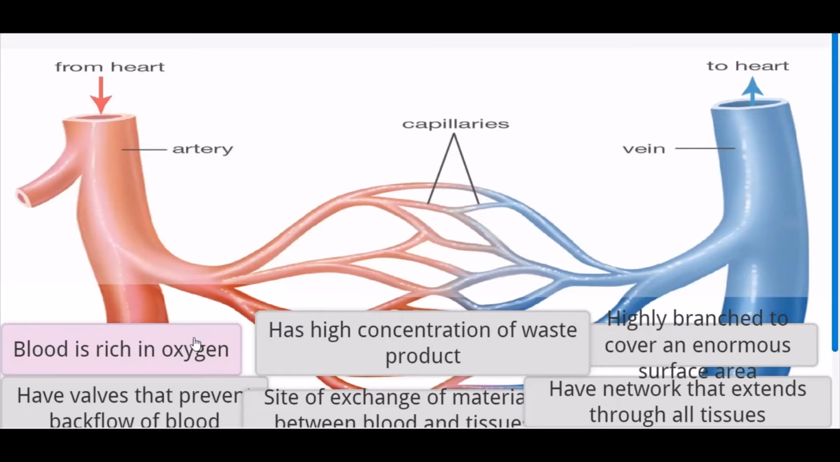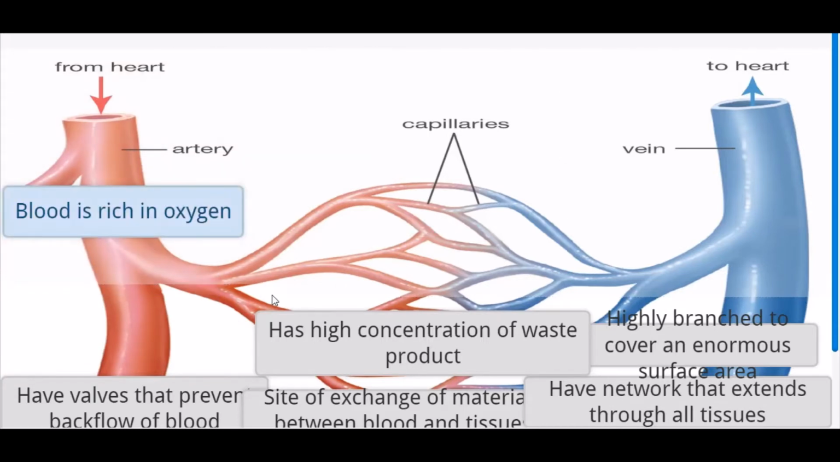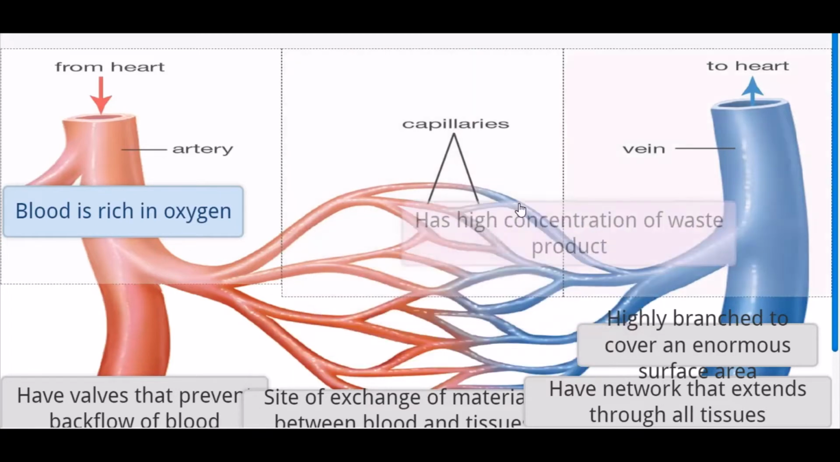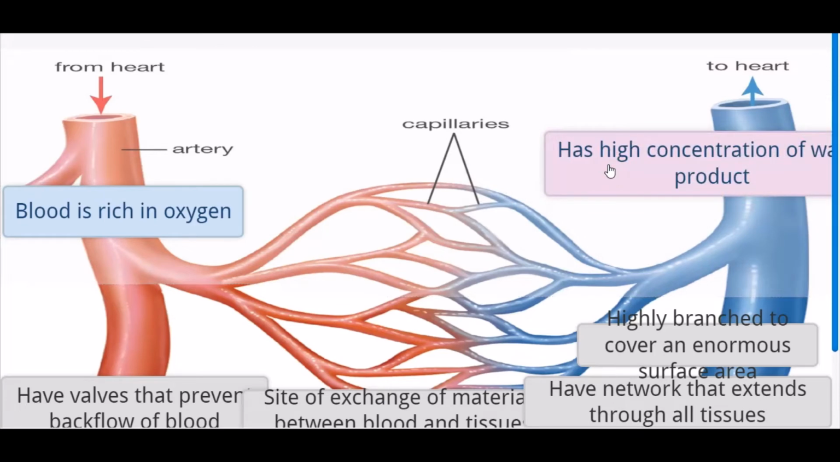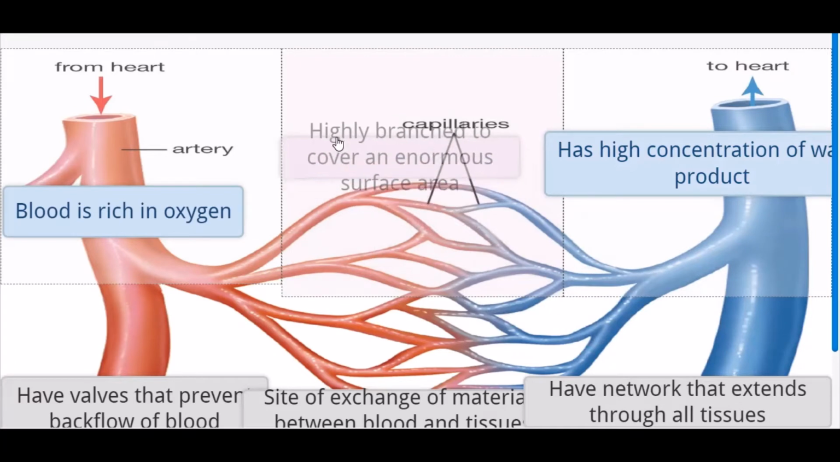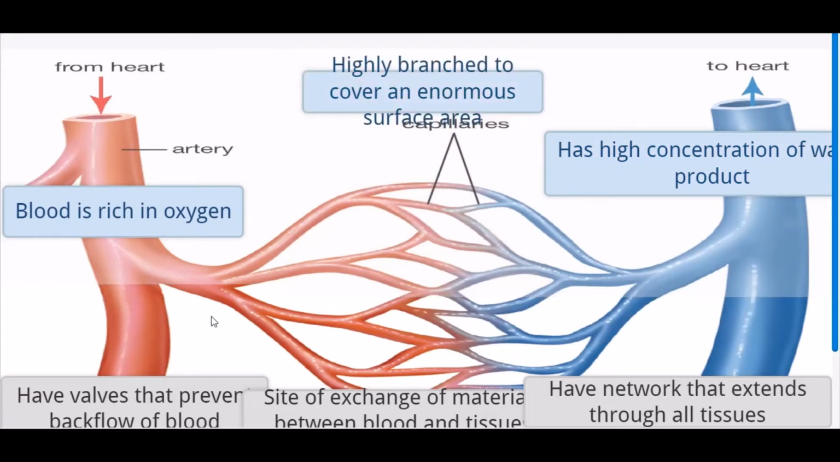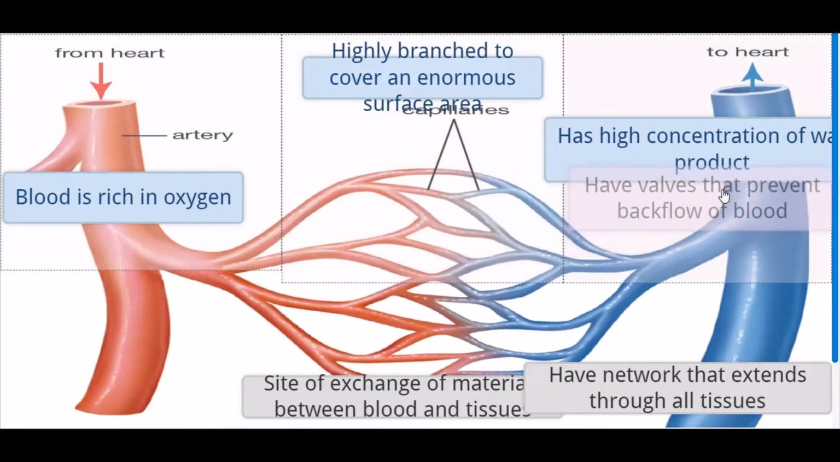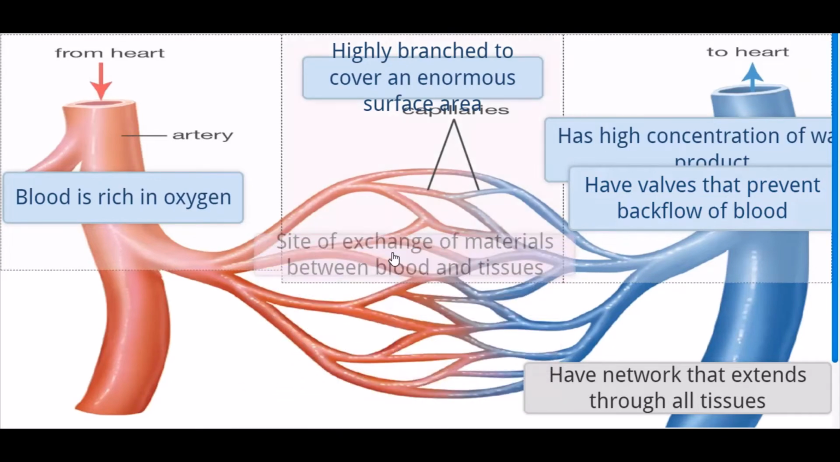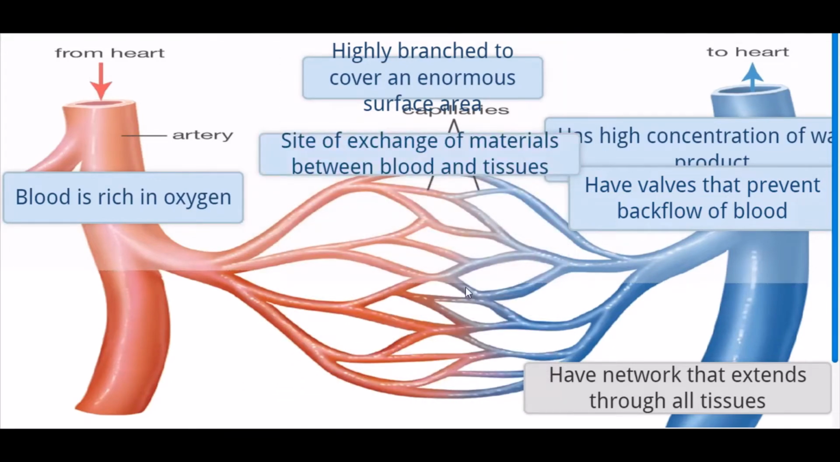Blood is rich in oxygen. We only find blood rich in oxygen in the arteries. The vein has a high concentration of waste products because it carries deoxygenated blood. The capillaries are highly branched and cover an enormous surface area. The veins also have valves that prevent the backflow of blood. The site of exchange of materials between the blood and tissue is the capillaries, and then